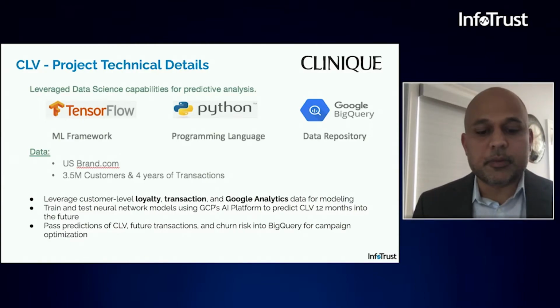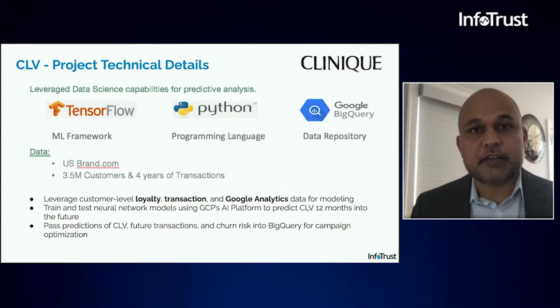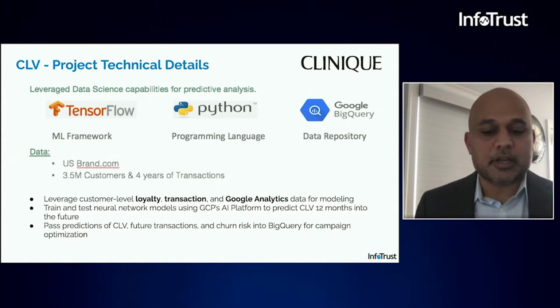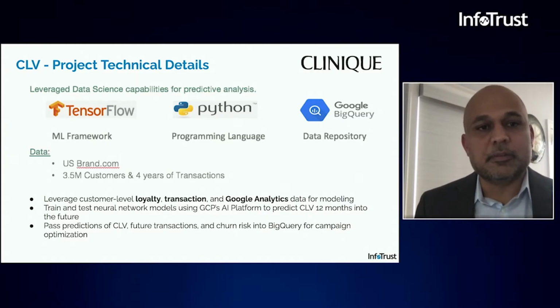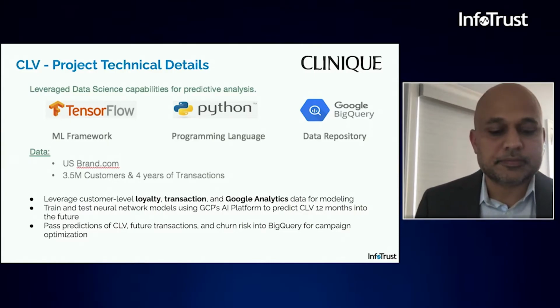Finally, with all this great work, what do we get back? So the model predicts 3 values for us at a user level, which we use: how much they're going to spend in the next 12 months, how many transactions they're going to make in the next 12 months, and their probability to churn in the next 12 months. And this prediction time frame, whether it's 12 months from now or 6 months or 18 months from now, is adjustable depending on the business need. We can change that. And we call this the CLV model, but in reality, there are 3 sub-models under this big umbrella of the CLV model, which are predicting these 3 values for us.